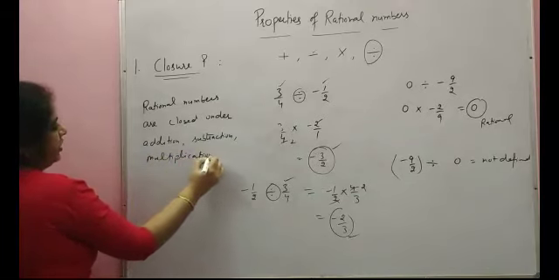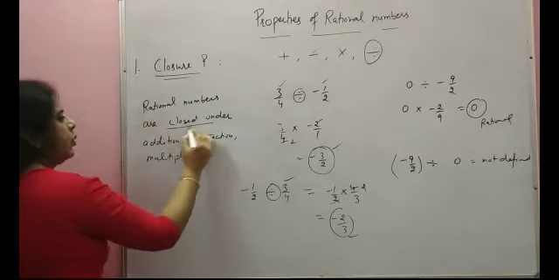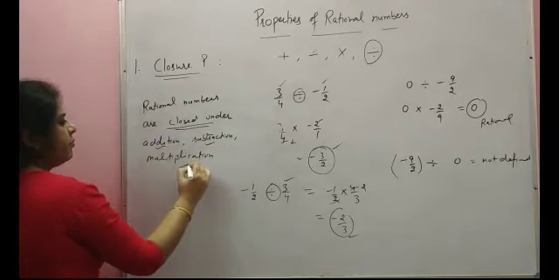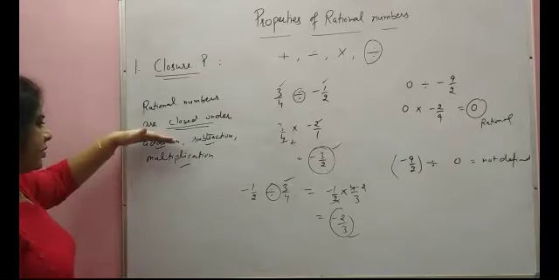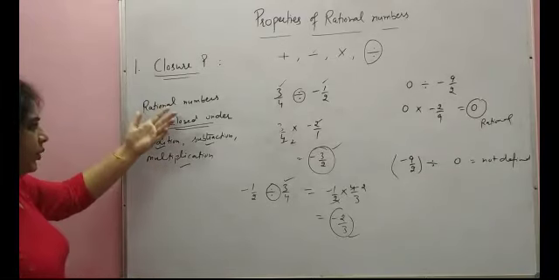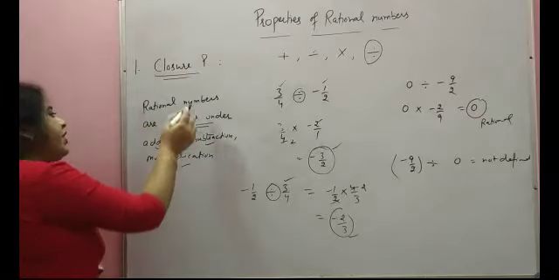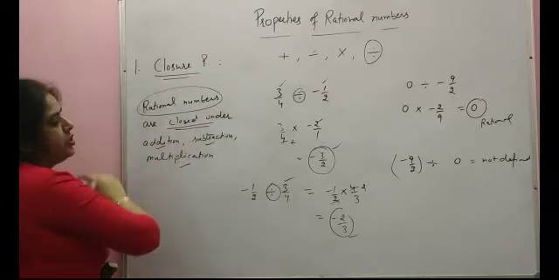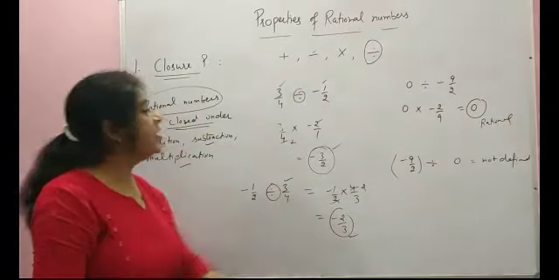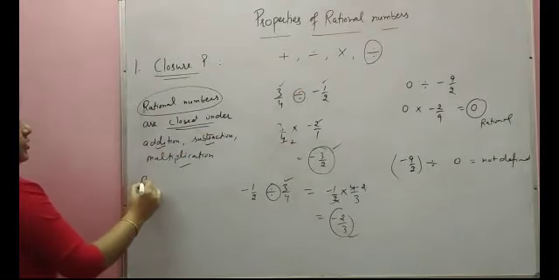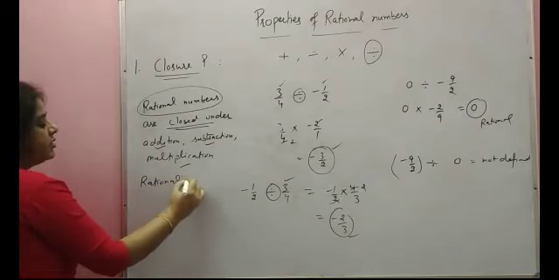It means rational numbers are closed under these three operations. What does it mean? That when we are adding, subtracting or multiplying any two rational numbers, the answer will always be a rational number. But in case of 0, as we have discussed here, generally we say that rational numbers are